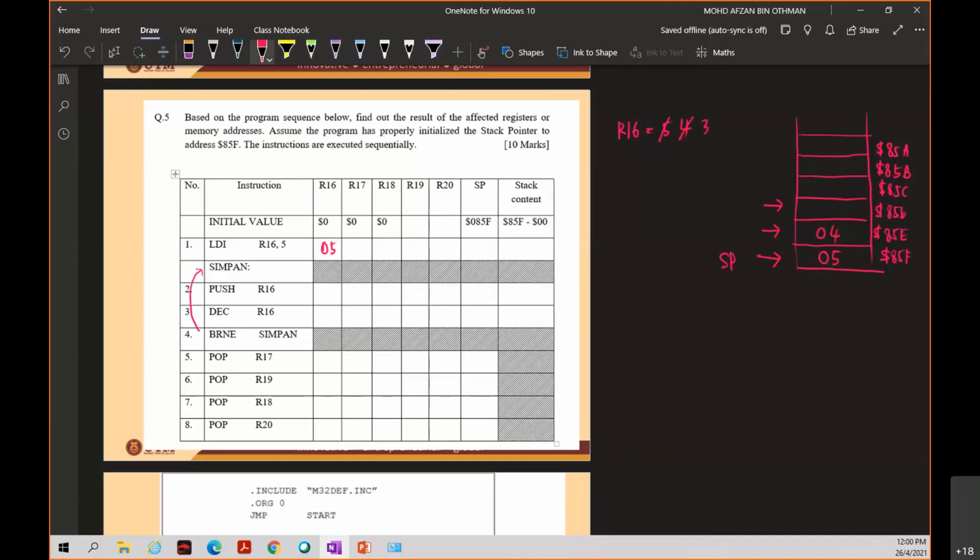Okay, branch not equal, yes, R16 is 3, not equal, go to simpan, push R16, 03, put there, and then decrement R16, R16 becomes 2. Okay, and then what happened to your stack pointer? Stack pointer is decremented by 1. Then branch not equal, yes, not equal because R16 still has value 2. Go to simpan, push R16, so 02 you push here, stack pointer decremented by 1, and decrement R16, R16 becomes